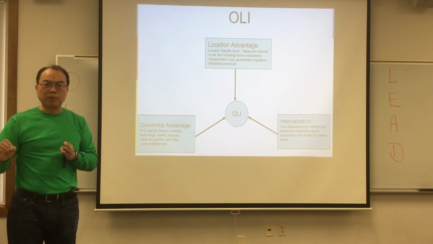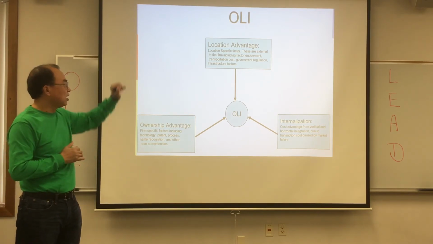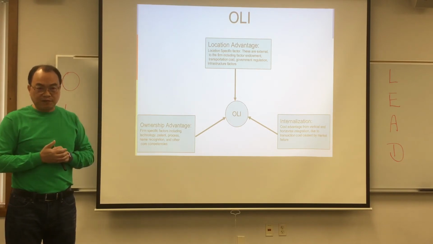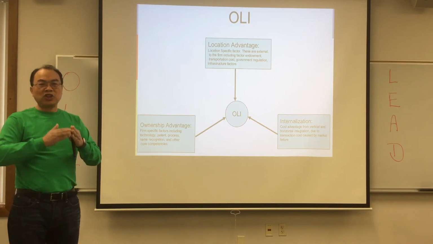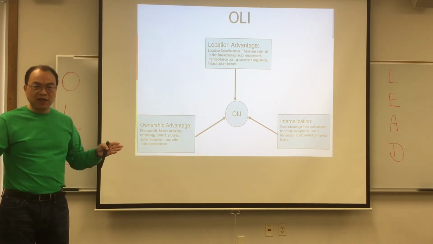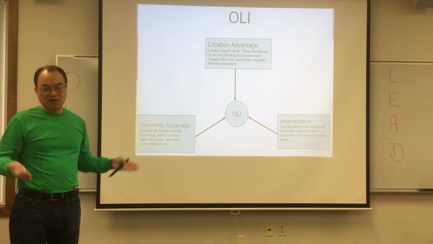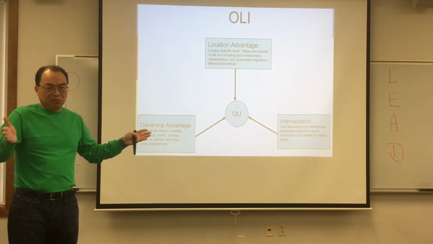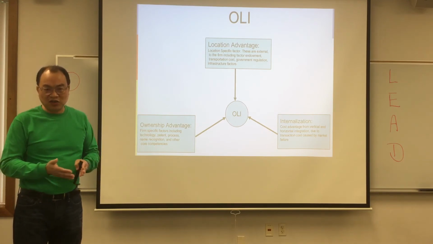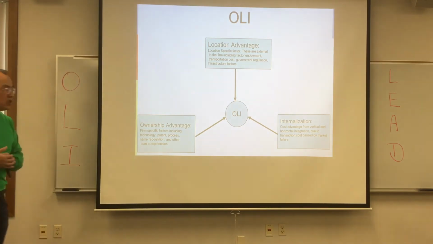In management we talk about efficiency and effectiveness. Building a Tesla factory in Shanghai gives you a lot of advantages. That's the location advantage. They don't want to go to Beijing because Beijing is a political capital, while Shanghai is a commercial center. They don't want to go to Guangzhou because probably the rent is much more expensive, and the Shanghai government probably gave Tesla a lot of incentives to come over. So that's why location is very important.